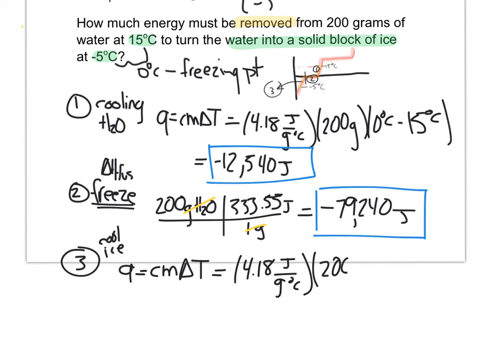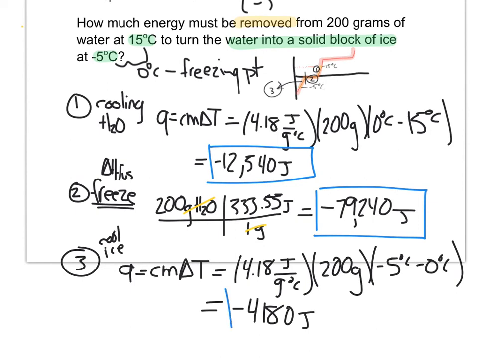We're going to plug in our 200 grams, and we're starting at 0 and ending at -5. So that's -5 degrees Celsius minus 0 degrees Celsius. This will give us some number. I don't know what that is. Let me type it in. 4.18 times 200 times -5. -4,180 joules. So if I want to find the energy to do this whole process, this whole section of the graph up here, this whole thing right there,